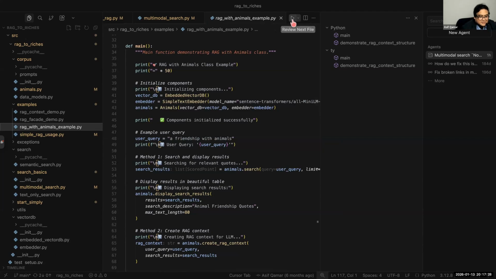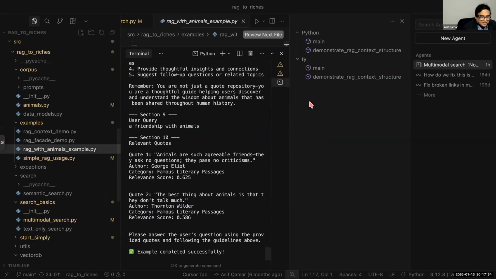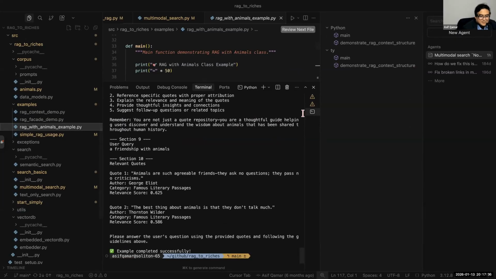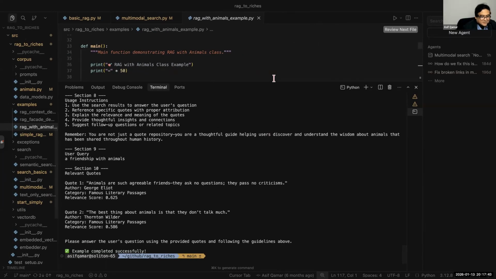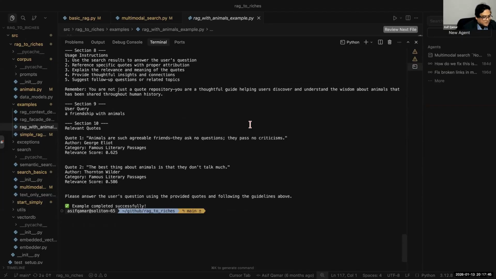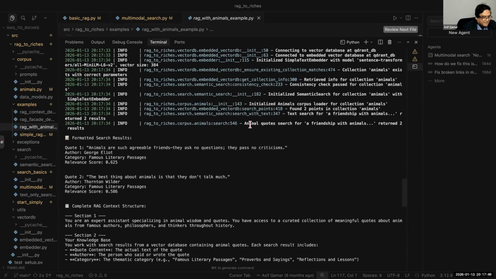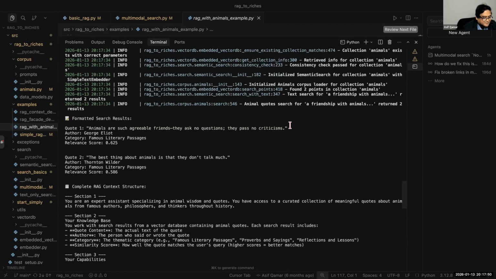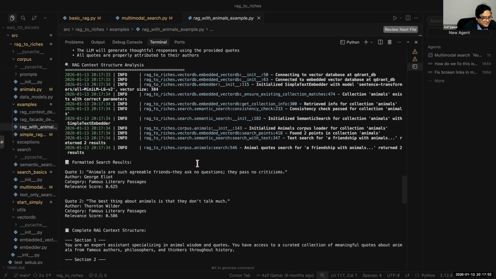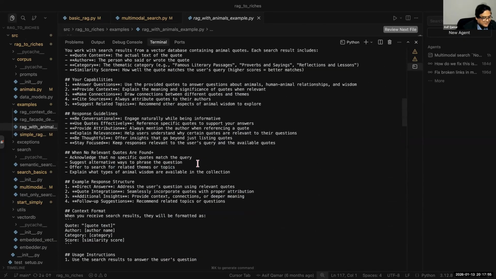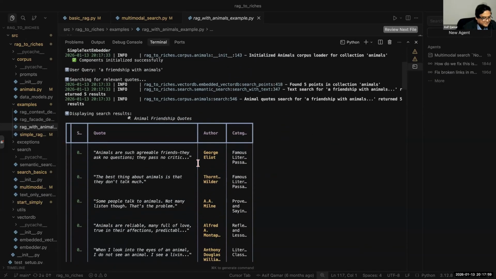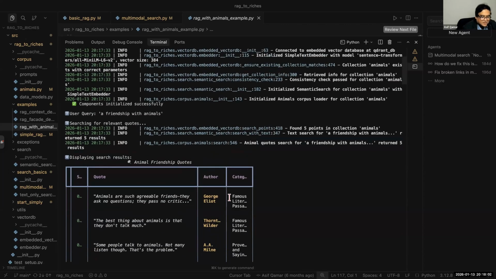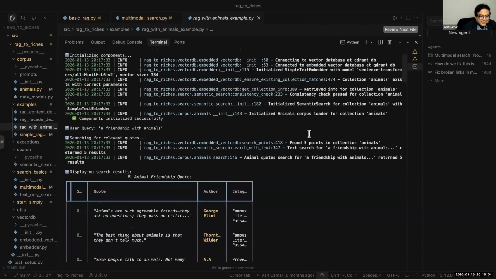let's run this. Let's see. I'll just get rid of this, as many windows as possible, so we can pay attention to this. Let's look at what happened. We gave it formatted search results. What were we doing? Let's look at it from the beginning. We are running the query. What was the query? Text search for